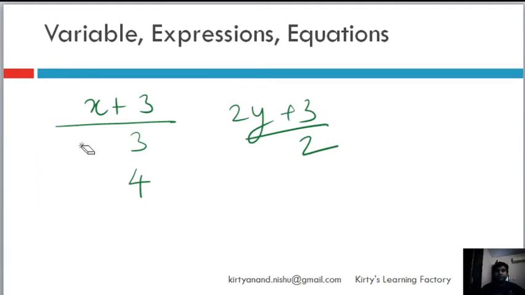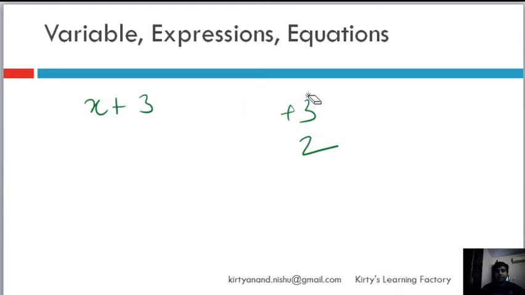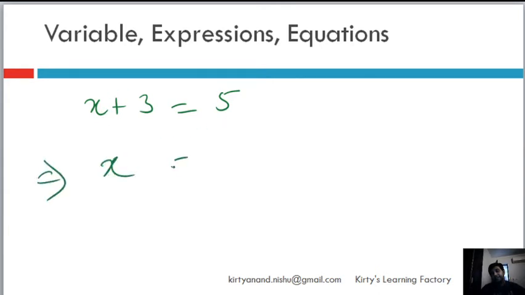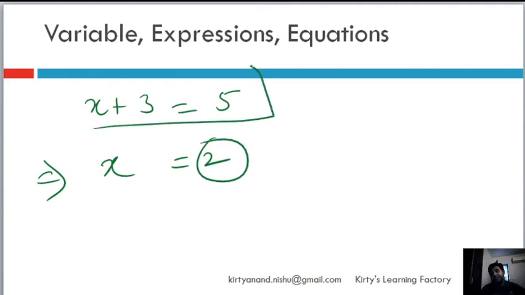Now we will move into equations. So what are equations? Basically, when you equate an algebraic expression to a certain value, you put a condition. Let's say x plus 3 equal to 5. That's a condition I have put, that the value of x plus 3 has to be 5. Hence you find out the value of x. So now this is an equation, and when I solve for x, I get the value of x for which this condition is met. So this is a condition that I kept here.